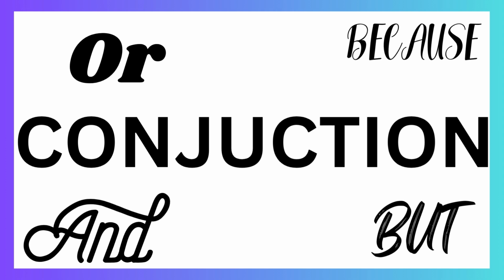Understanding how to use conjunctions correctly allows for more sophisticated sentence construction and enables writers to express relationships between ideas with clarity and precision, whether combining two independent clauses with a coordinating conjunction, introducing a dependent idea with a subordinating conjunction, or emphasizing connections with a correlative conjunction. Mastering the use of conjunctions is a fundamental skill in both writing and speech. Now let's get into the video.